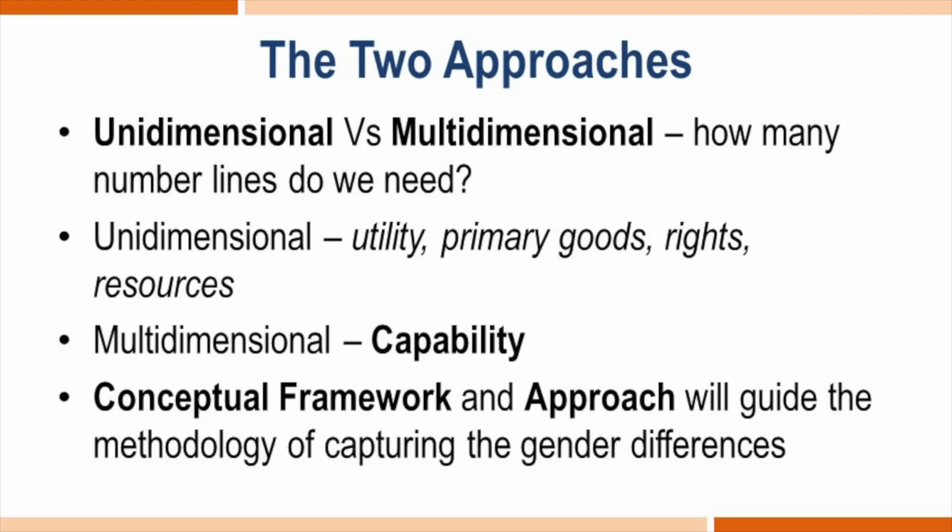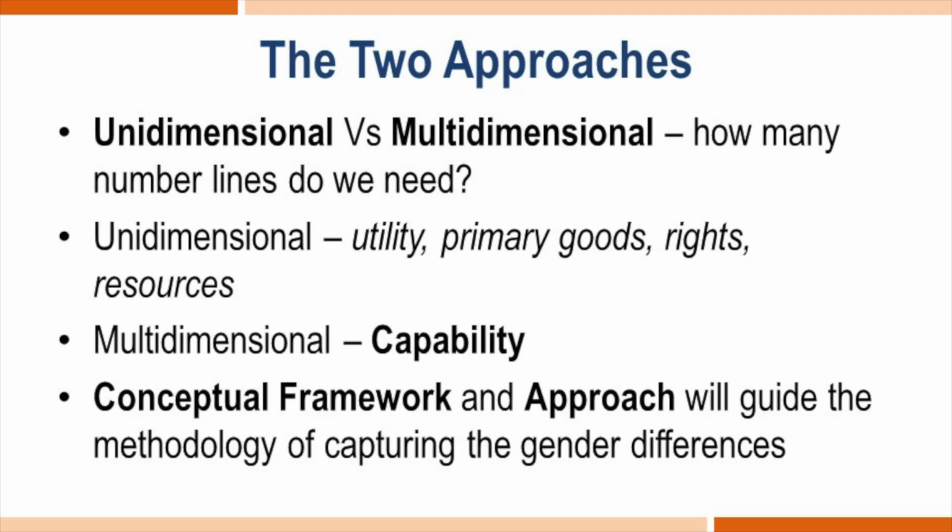We can also have primary goods as unidimensional as well as, of course, multidimensional. Suppose we consider only one primary good like income, then we'll need only one line to measure different persons' income, so that is unidimensional. However, if we go beyond income and allow another primary good to be accommodated, then of course we go multidimensional. Similarly, rights can be unidimensional as well as multidimensional, considering the different kinds of rights that we have. Suppose we have political right and we measure along that, only one line will be required. But if we allow, along with the political right, the right to education or right to employment, it essentially becomes multidimensional.